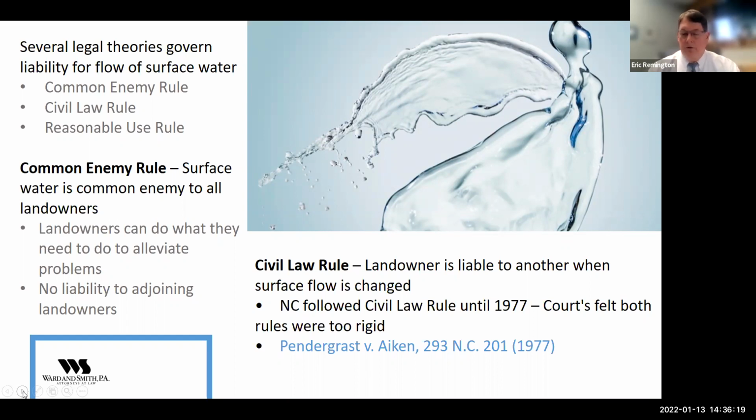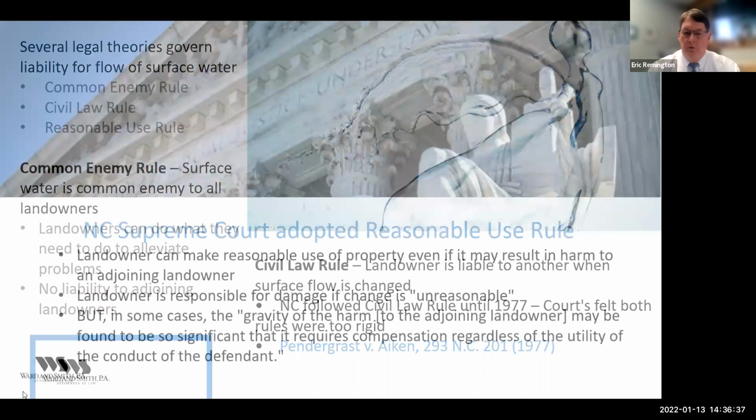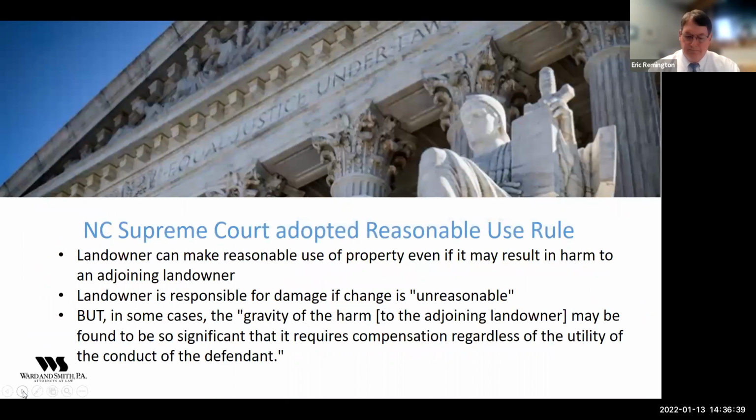And so then they looked at also riparian rights, people that are next to a body of water like a stream or a river or something like that. And ultimately what they came up with was they adopted what they call the reasonable use rule, which is this third rule that had been adopted in a couple of states, but was not widely used at the time.